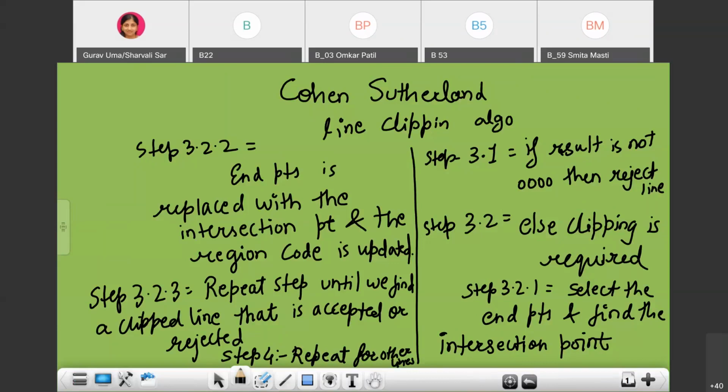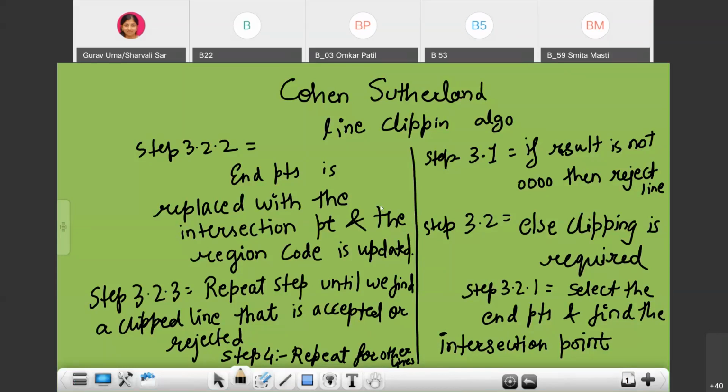In the first step, we find the region codes, then we take the endpoints and see whether the points have 0 0 0 0. If all are 0, then we will accept the line, else we will perform the AND operation. Then in the AND operation, we see whether the output is all 0 or not. If the output is all 0, then clipping is required. If the output is not all 0, meaning it is non-zero, then we will reject the line.